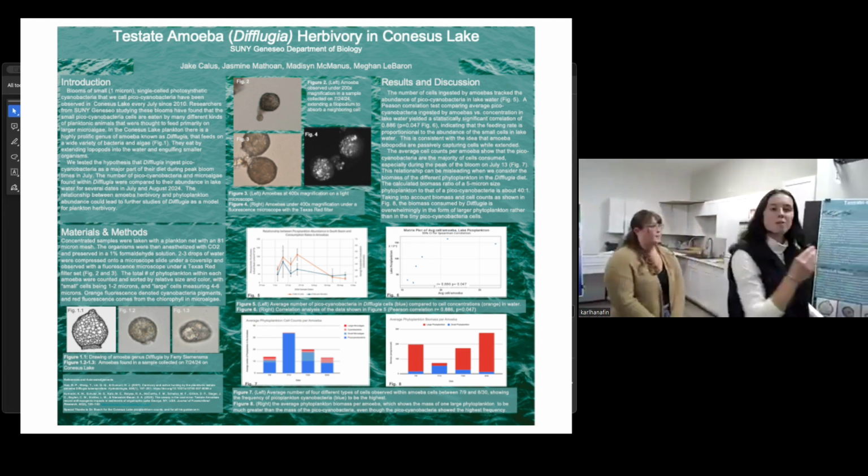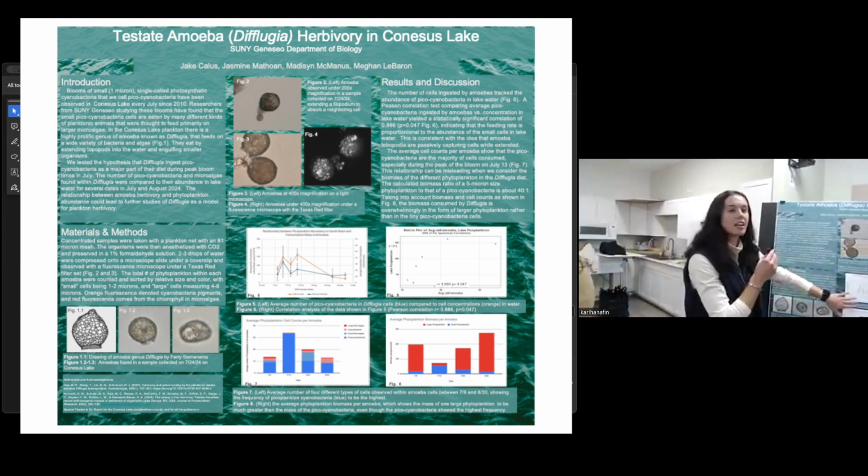Okay. So basically, when we were analyzing the data, we found that in figure 5 that you guys can see, they actually correlated really well. The orange line would be the amount of picocyanobacteria, that small cyanobacteria in the lake. And the blue line is how much on average we found inside of the amoebas that they were eating. You see there's a peak on July 13th, and a peak around July 24th. We ran a correlation test just to see if it was statistically significant, which it was. And it is consistent with the idea that the amoebas, with their lobopodia reaching out and passively grabbing the food around them, just correlates with how much they're eating.